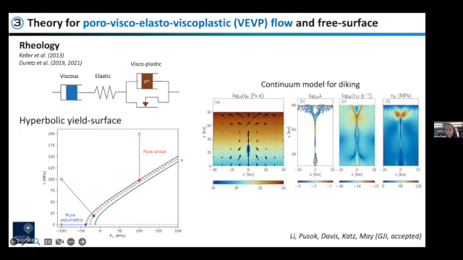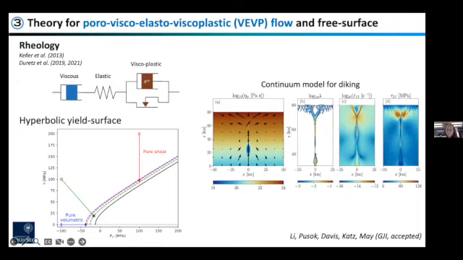With this, we've managed to extend the two-phase flow theory to have a continuum model for diking, shown here. Here I'm showing a log of the shear viscosity plot, but also this blue area is a region with non-zero porosity, which under extension,